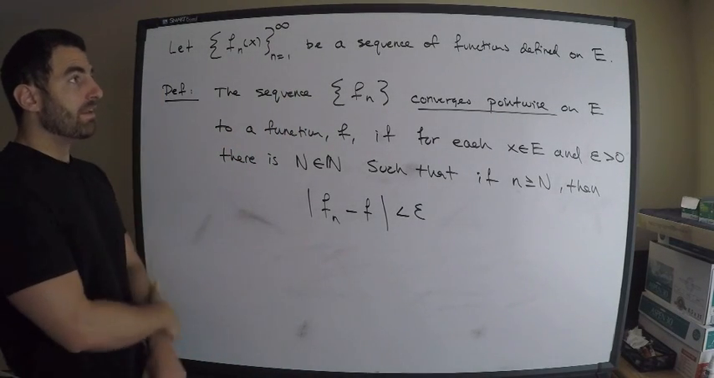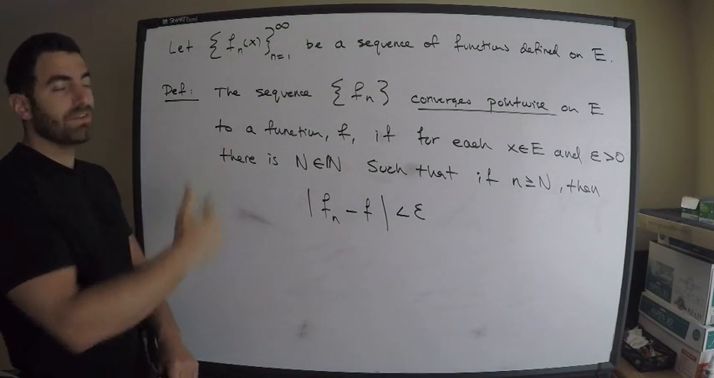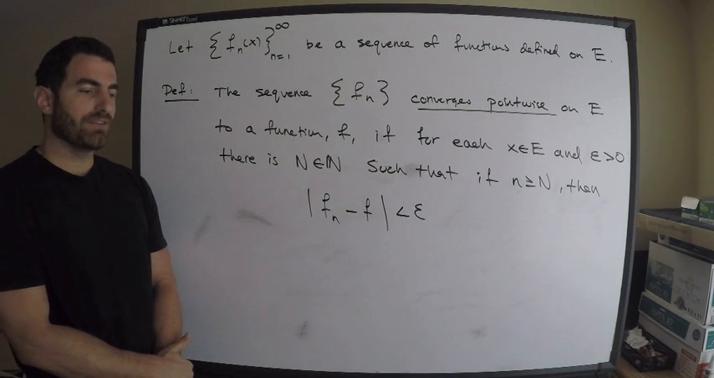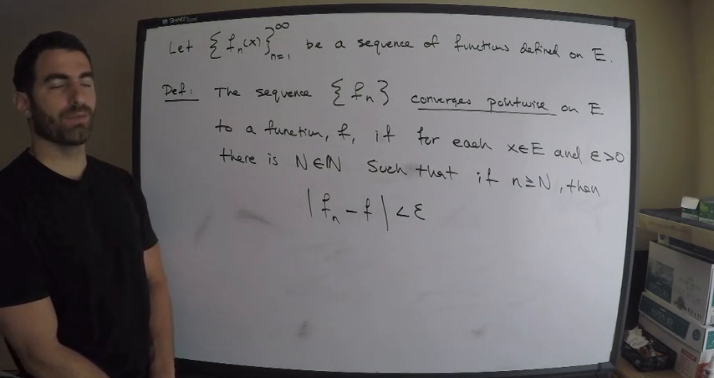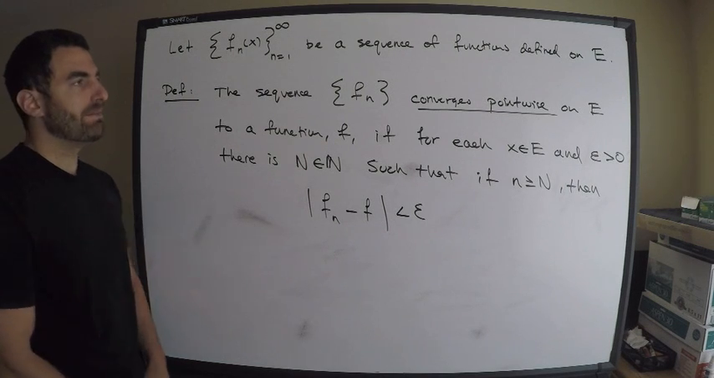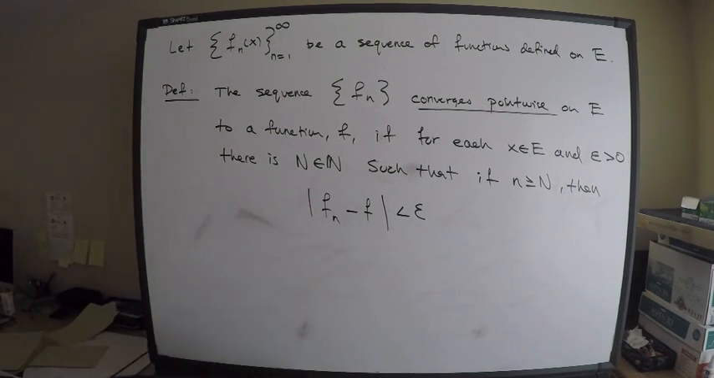And as I mentioned, E could just be a metric space, although for the example I'll cover, it's just going to be the real numbers actually. It may also be a subset of the real numbers. So,